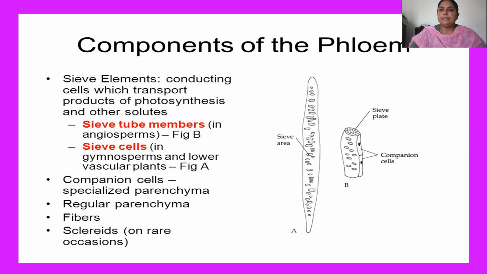And phloem fibers are also there, and these are a special type of fibrous cells, which are actually dead cells. They are present at the walls of the phloem tissue, and in this way they provide extra protection to the walls of the phloem tissue during the bulk flow of food. They are a special type of sclereids, and they belong to sclerenchyma cells.